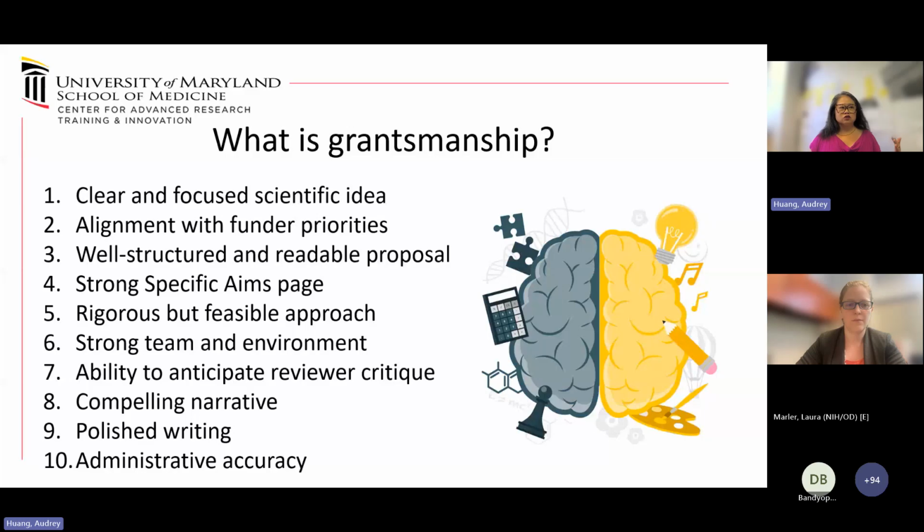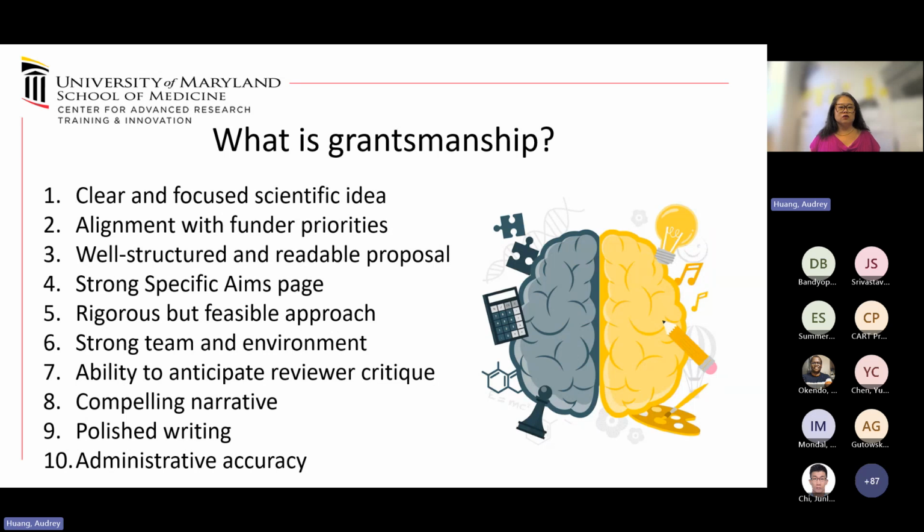Your proposed research should be rigorous, but feasible. It should not be so rigorous that it's impossible. You should be able to do it, and you should be able to do it in the time frame of the funding you're applying for. So if you're applying for a 1 year little quickie grant, you should have results by the end of that year, as opposed to if you're applying for a 3 to 5 year R01 grant, then the proposed work should take up that amount of time.